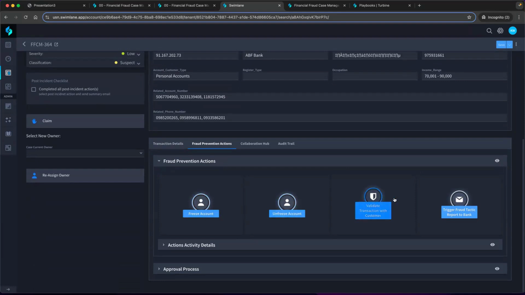Or you want to validate the transaction with the end customer. So let's say sending an SMS notification or email to the customer to get some confirmation if they actually triggered the suspicious or fraudulent activities. And then lastly, it can also be a notification to another bank, for example, that is involved in this particular transaction. So this list can grow depending on the process and the tools that are being used by the fraud team